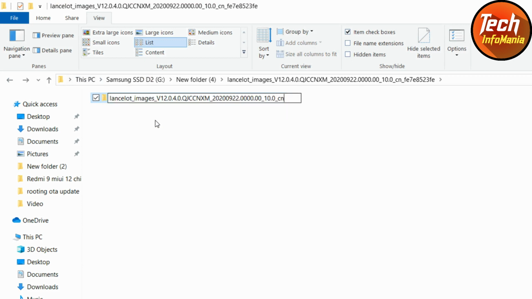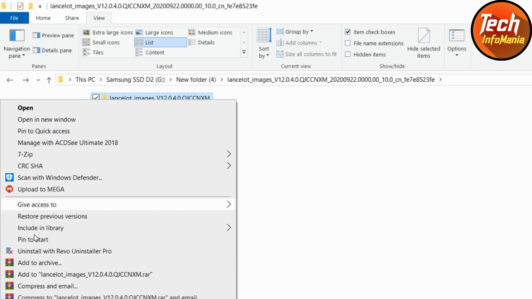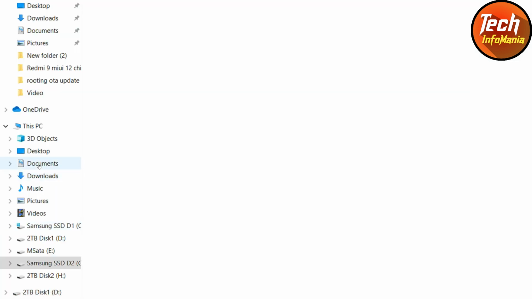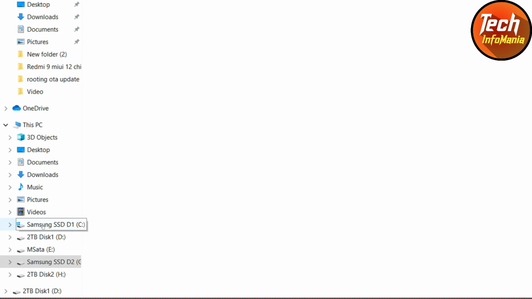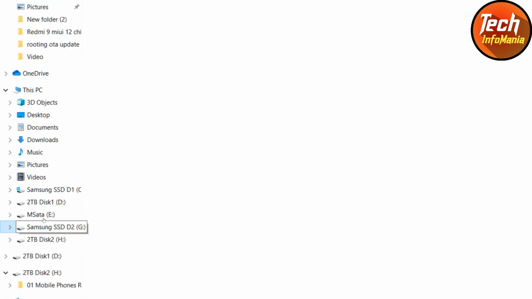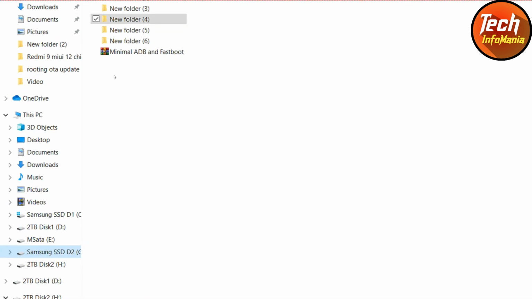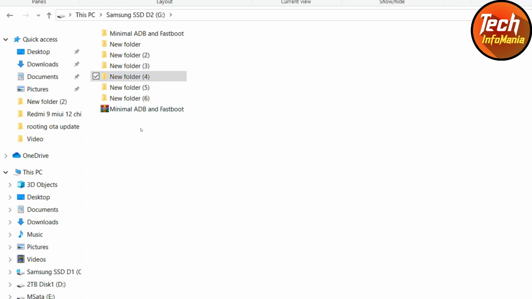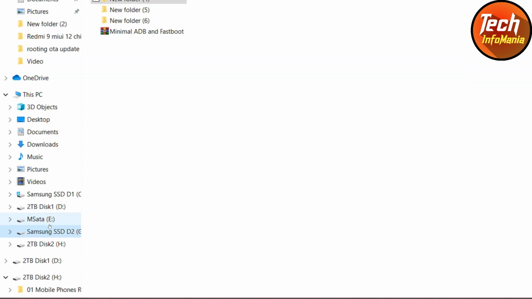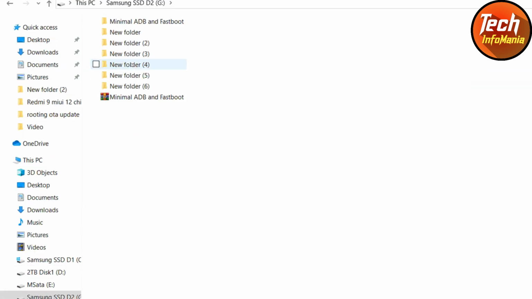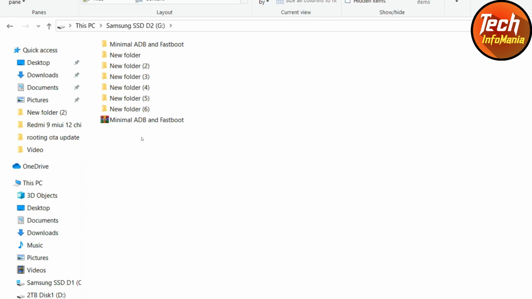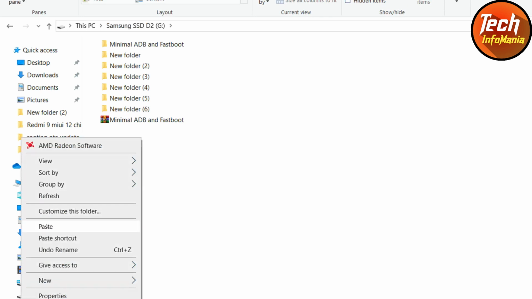Press F2, then make it short, bring it to M, press enter, and now copy this folder and go to your hard drive main partition. This folder must be copied to the main hard drive partition, either C, D, E or F, but it is supposed to be on the main partition. So paste the folder here.